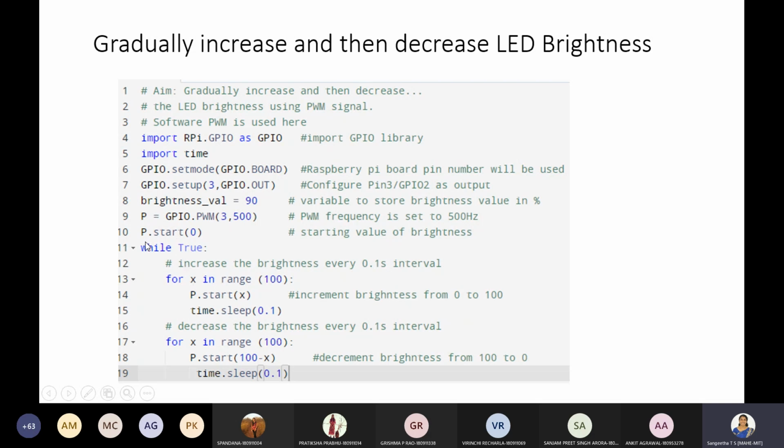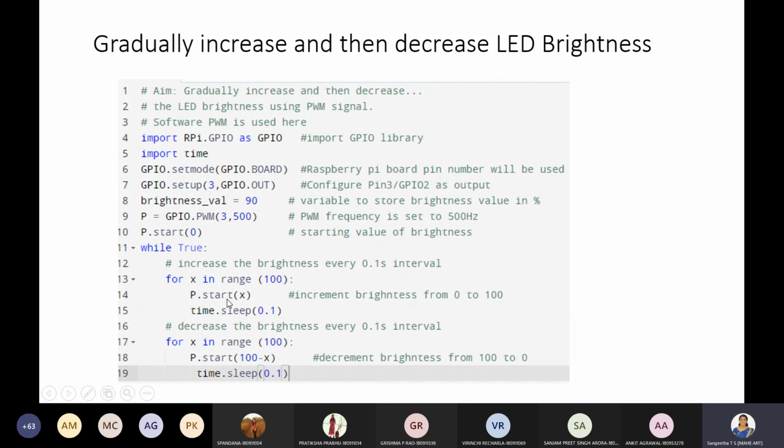Then we have an infinite loop wherein the variable x goes from 0 to 100, and we generate the signal.